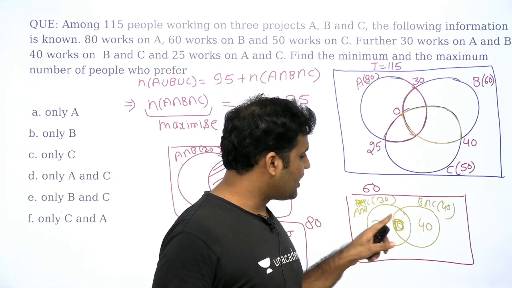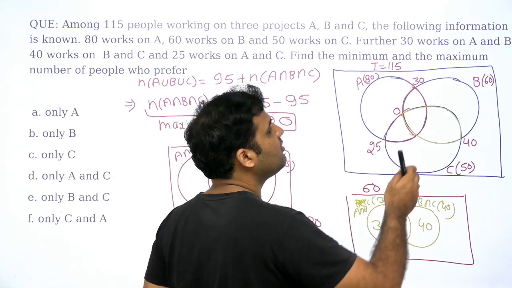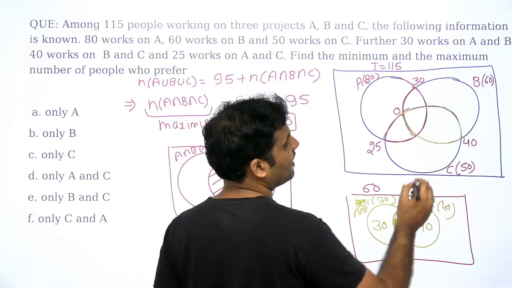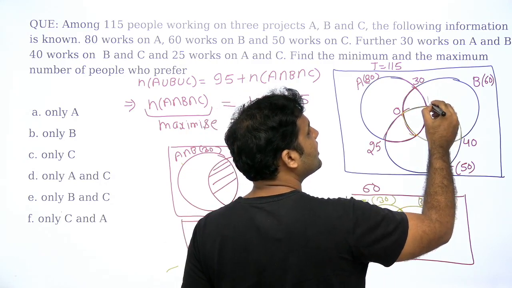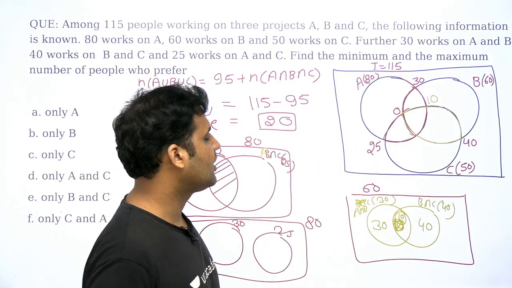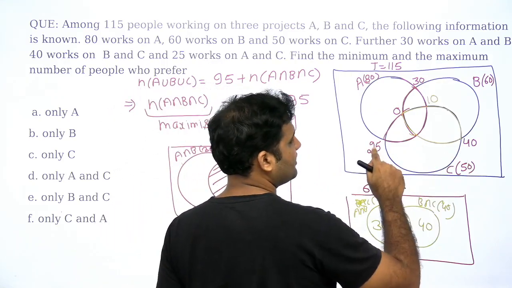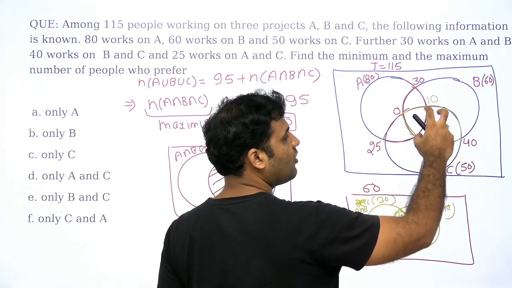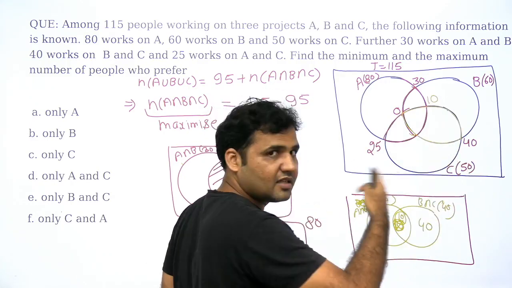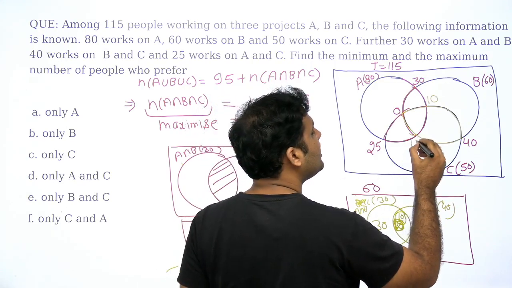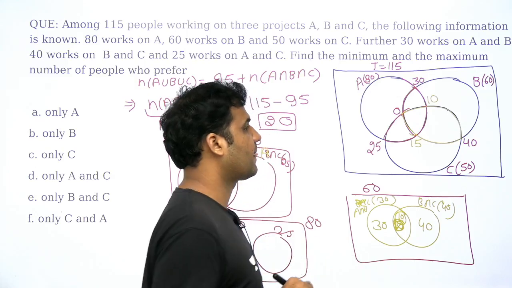So to accommodate both of these two values, the minimum possible value in the intersection that you need to keep is 10. So to satisfy this condition, the minimum possible value that you need here is 10. Now same here, this is 40, this is 25, 65, but this is a 15 here. To accommodate the value of 65 under the union of set of 50, you need a minimum of 15 over here, right?